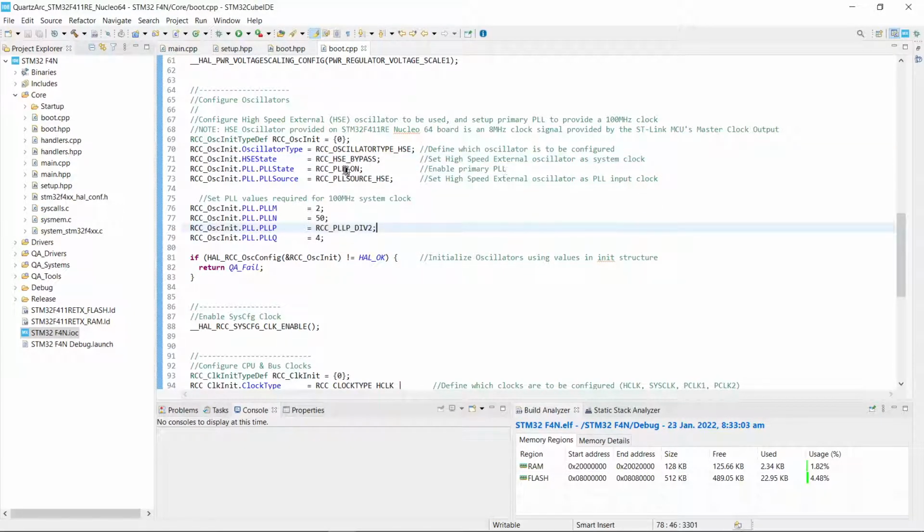We're also telling it we want the PLL turned on and that the source for the PLL is going to be the high-speed external oscillator. We'll go through and configure our PLL values. Now, as we saw before, we're actually using an M value of 4 and an N value of 100. Actually, no, may have been 2 and 5, but either way, these values do work. These guys do give us our 100 megahertz system clock. So we're taking our 8 megahertz, dividing it by 2, which gives us 4 megahertz, multiplying it by 50, which gives us 100,